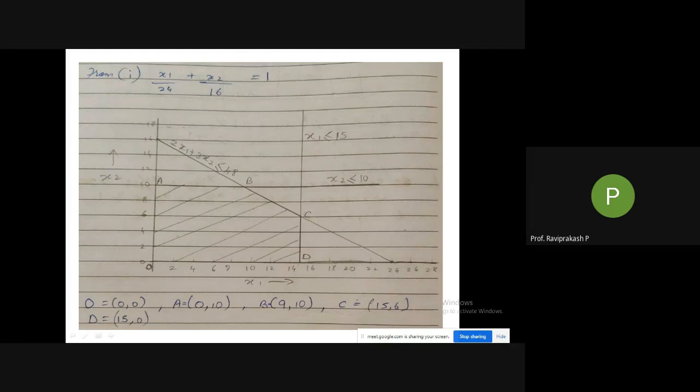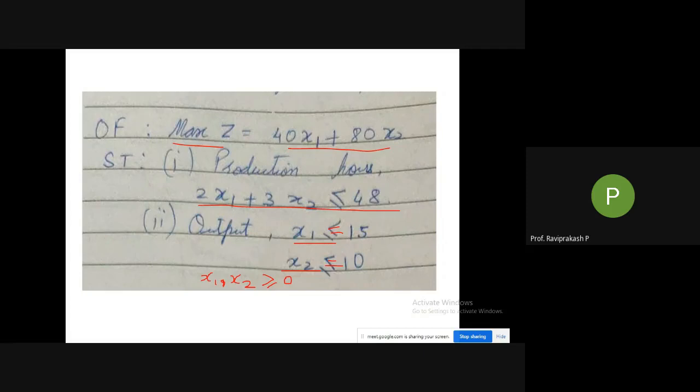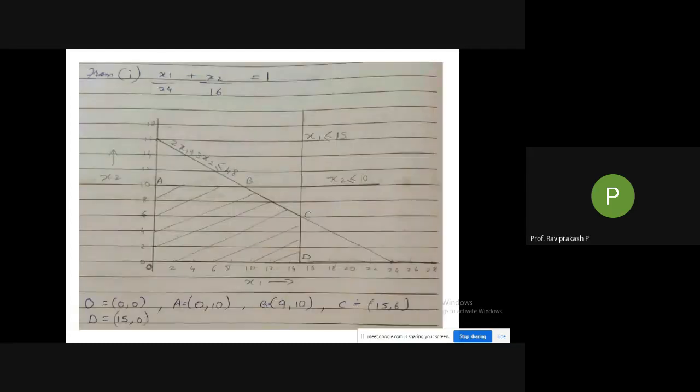So anyone, any doubts in this? So why we did what we did? We need to take is equal to. Remember, greater than or equal to is there. So first we make it is equal to. Draw a line at 15. Draw a line at 10, based on whether it is x1 or x2. Then later on, after drawing all the lines, we need to find out whether it's less than or greater than.